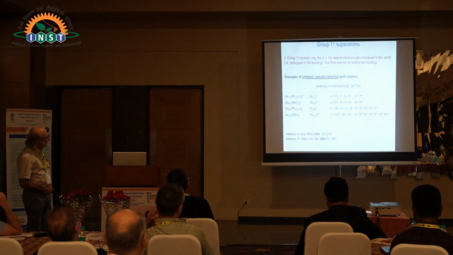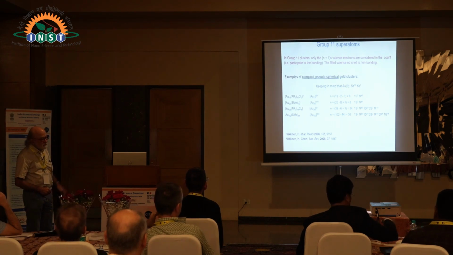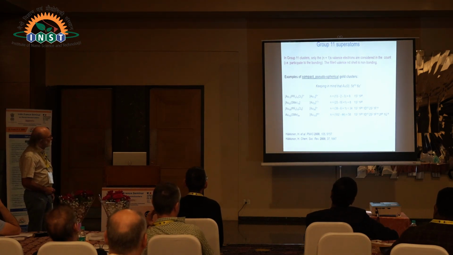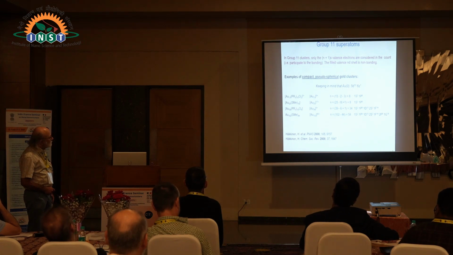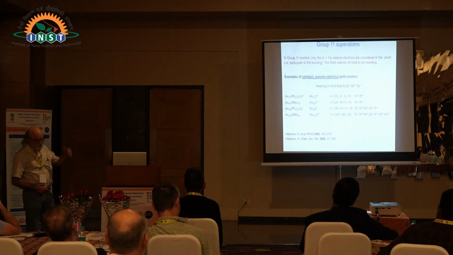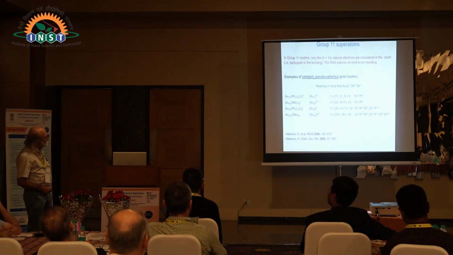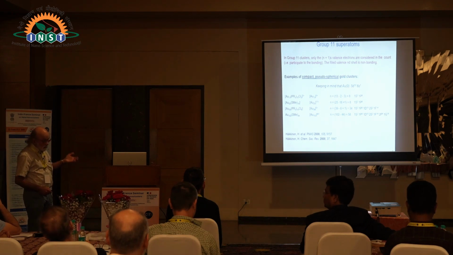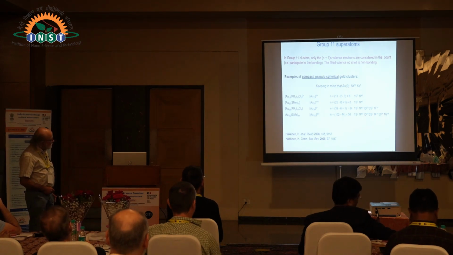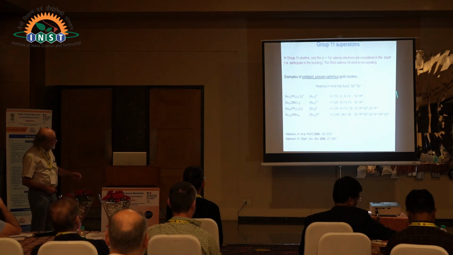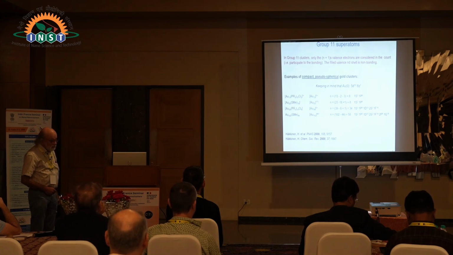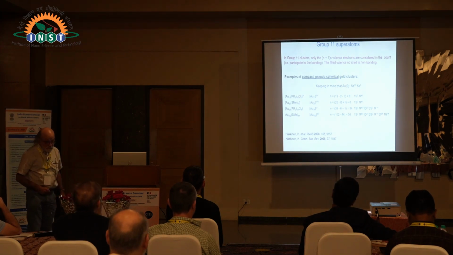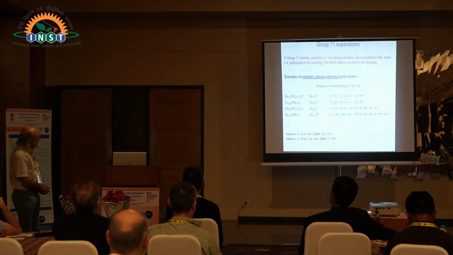Now let's focus on group 11 systems, copper, silver, and gold. These have the d shell completely filled. Gold is 5d10. So the d electrons do not participate, in first approximation, in the bonding. The orbitals which participate in the bonding are the 6s orbitals, and the electrons which they contain. So we have to count. These are the superatomic electrons, those coming from the 6s orbitals. So let's look at some examples, which I have taken from this very nice paper from Häkkinen.